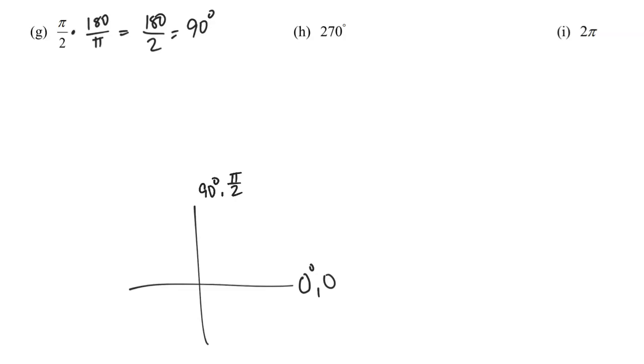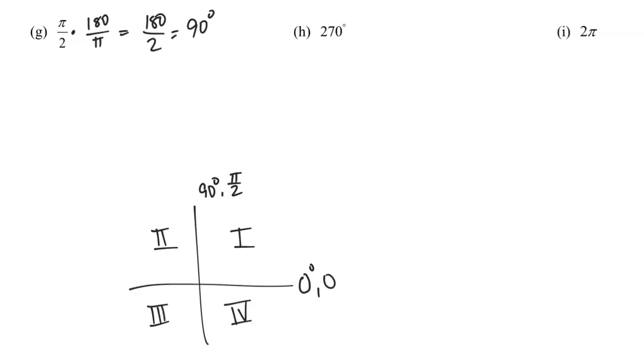And so every angle between 0 and 90 is going to be here in quadrant 1. Just as a reminder, we call that upper right quadrant quadrant 1. The upper left quadrant is quadrant 2. Down here on the lower left is quadrant 3. And the lower right is called quadrant 4. And so every angle between 0 and 90 degrees and 0 and pi over 2 radians ends up here in